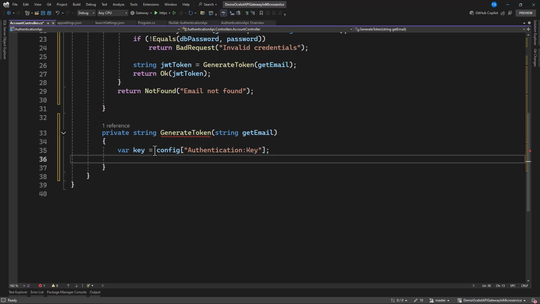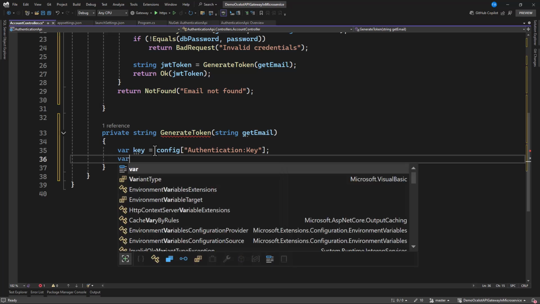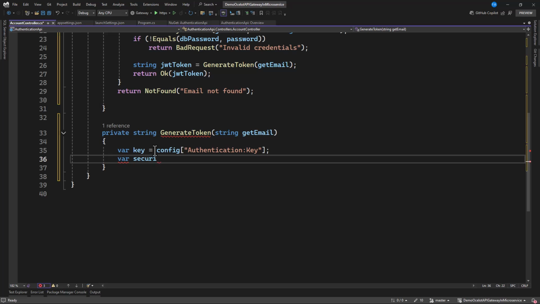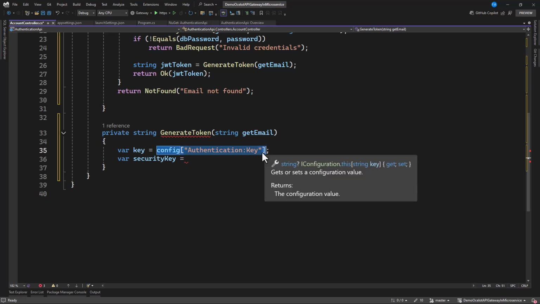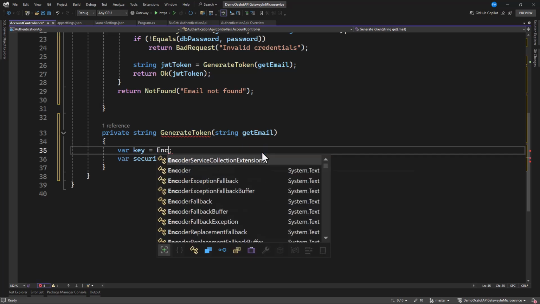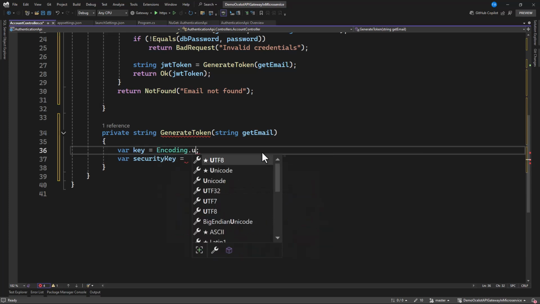Now let's have our security key. But before we get this key, I think we have to get it encoded. So you can grab this, and I will say this is Encoding.UTF8.GetBytes.